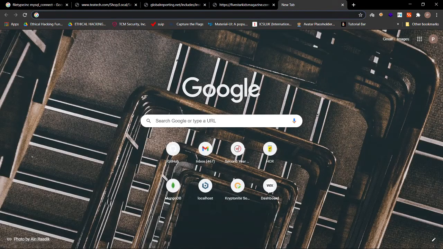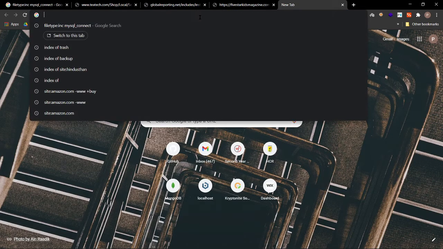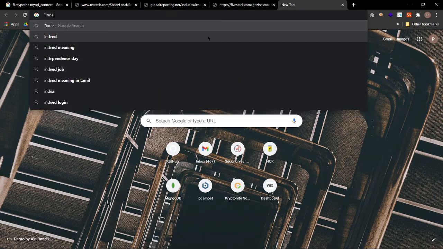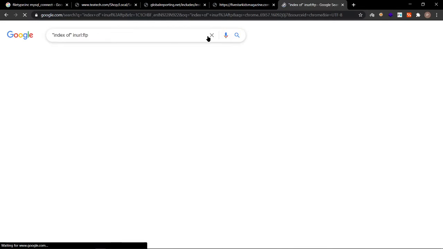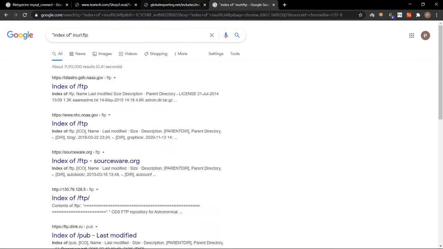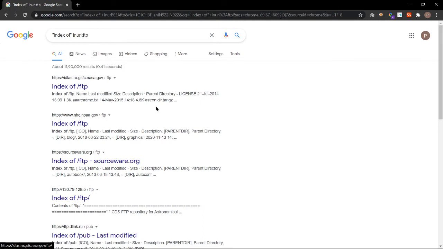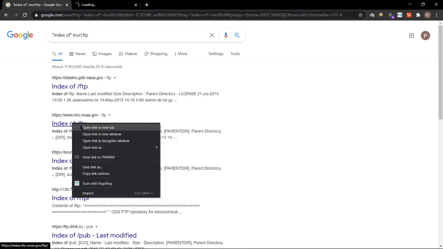Hope I sent you the password query now. What if we are in need of FTP queries? So I'll move on with a different Google Dork. There is index of, URL colon FTP. Let me press enter. So I'll close all these. So we are getting FTP results on our page.